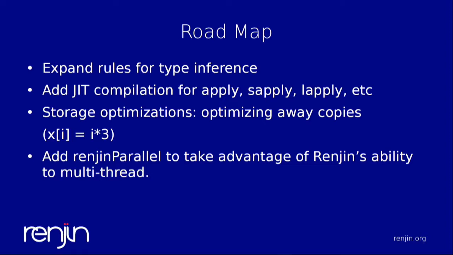And we're also looking at adding a kind of parallel backend to this Renjin package, because one of the nice things about Renjin is that you can share data between multiple threads. So it would give you the ability to run R code in multiple threads in the same process, sharing the same copy of data. So that's a couple of things on the roadmap, and now I'd like to open up for